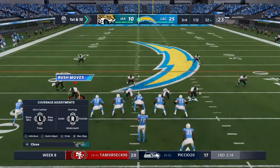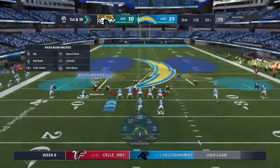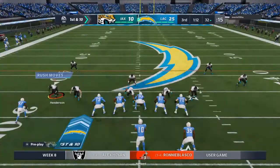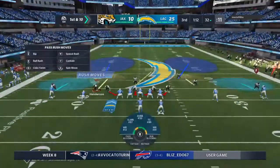The Charger drive about to get going. This is sort of what you would call a put-away drive, isn't it? They score here, especially a touchdown, it's almost out of reach. It certainly feels that way, and I think that they're going to call their plays accordingly because what you really